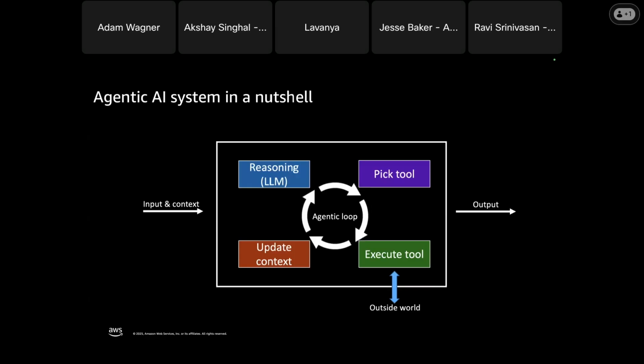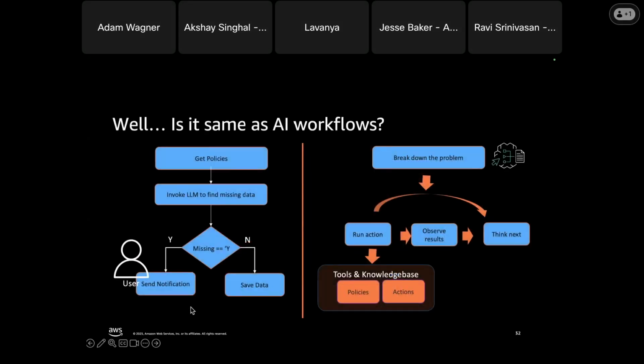So that's the agentic loop in a nutshell. I now want to switch gears a little bit and talk about AI workflows. And AI workflows sometimes look like they're agentic and sometimes a little less agentic.